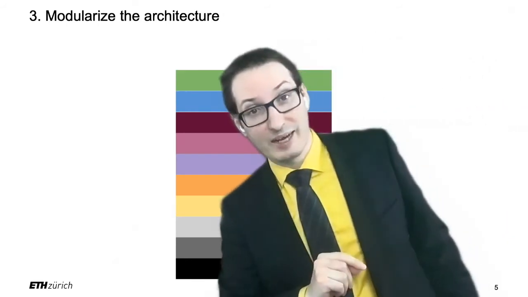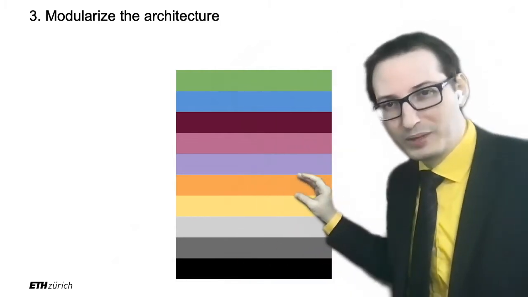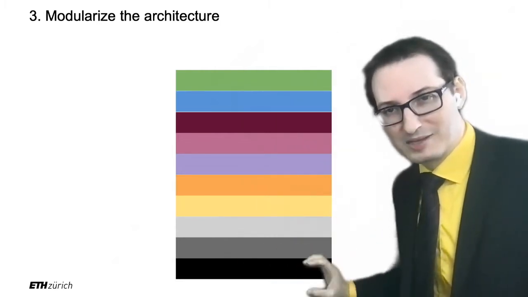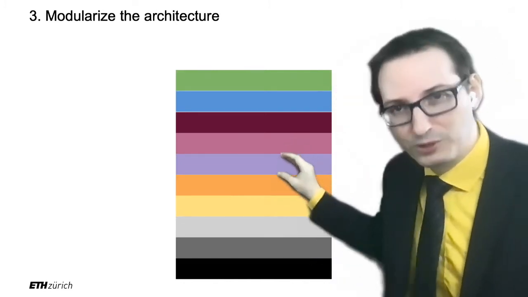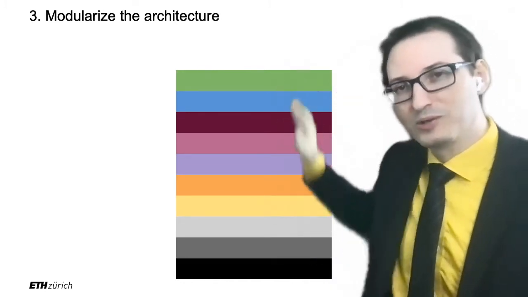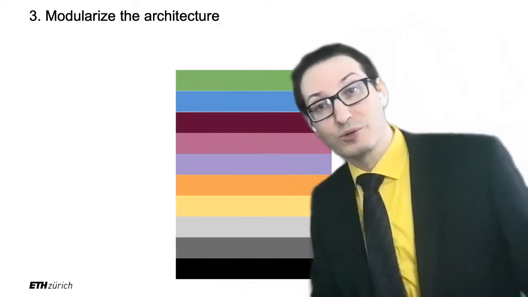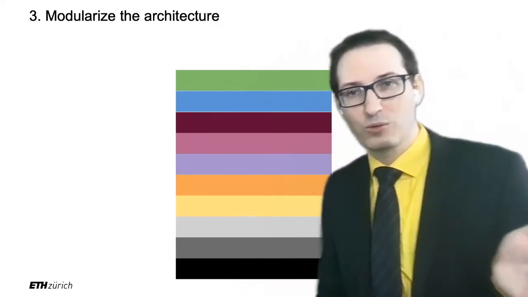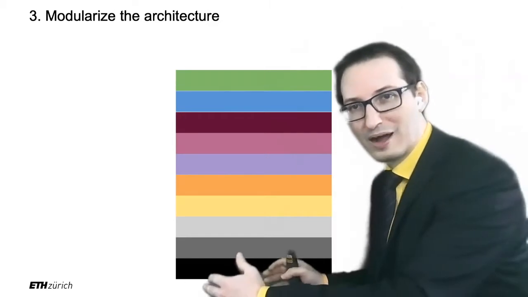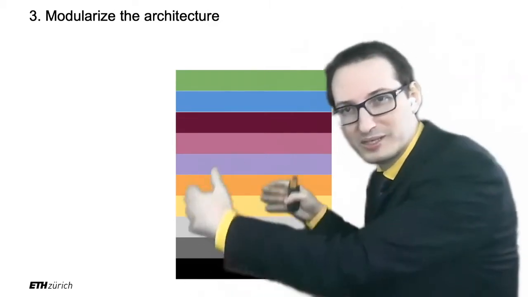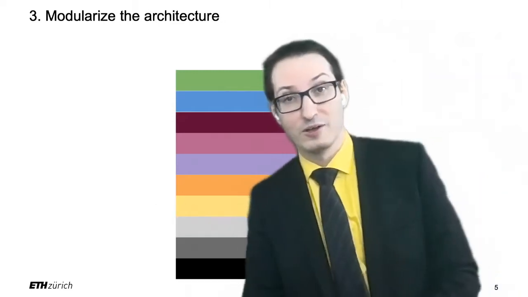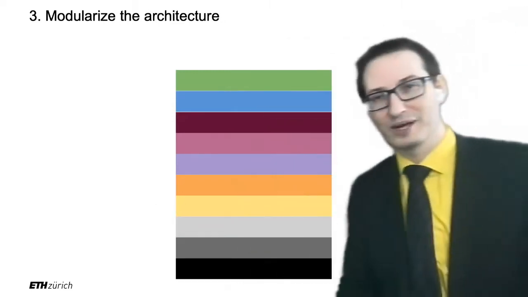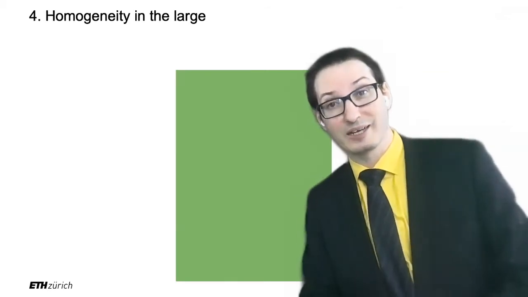Then, third, we modularize the architecture. That's what I explained with this Mensa analogy, right? So we really have multiple layers on our stack. We have HDFS, we have HBase. We'll see that we'll have extra layers, MapReduce, Spark, JSONiq, and so on. So this is what computer scientists love to do. This is exactly like when you build a house. You have the masonry, the plumbing, the electricity, and so on and so on. And this is just nicely modular, and this is how you optimize, right? So we love to modularize the architecture.